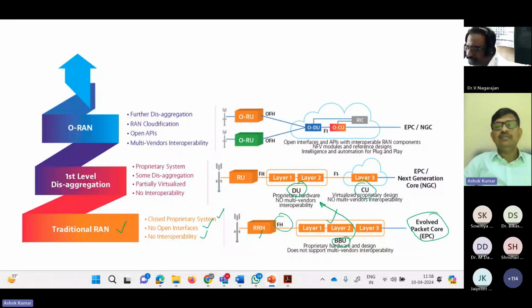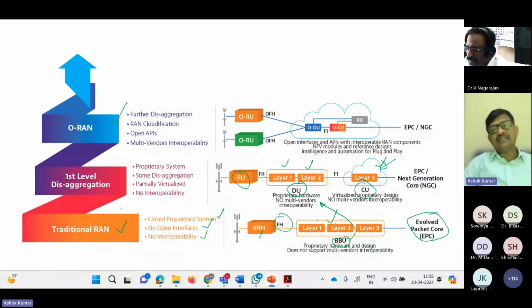Distributed unit. Another is called CU, central unit. And of course, we have radio unit. So out of layer 1, 2, and 3, layer 1 and 2 went to the distributed unit, and layer 3 to the centralized unit, and layer 3 we were able to deploy on a cloud infrastructure or virtualized infrastructure. And then finally we move to Open RAN,